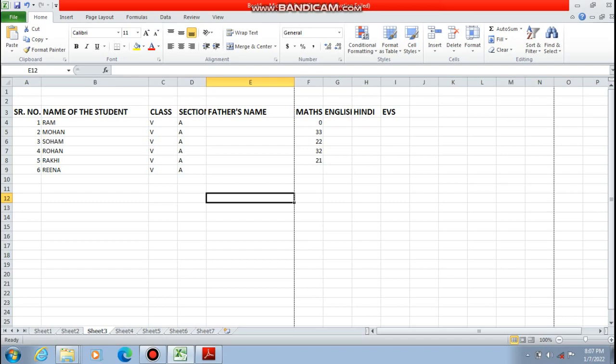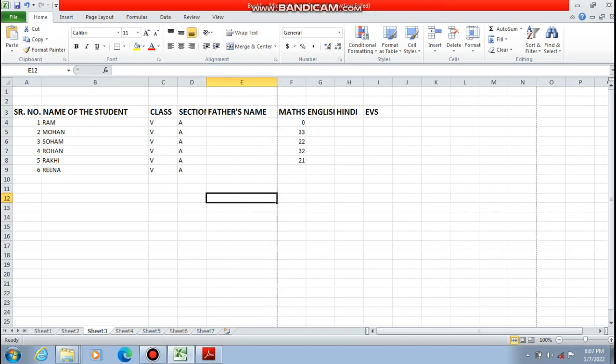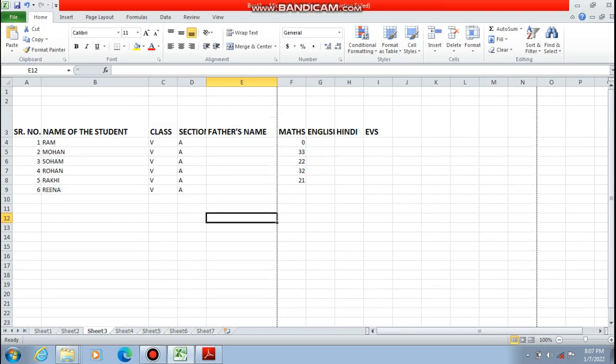हम इसके margins को increase और decrease भी कर सकते हैं. Suppose you want that the space is not enough for writing the name of the students or their father's name or anything else, so you can adjust these cells. आप इस cells को increase and decrease इनके size को ऊपर नीचे भी कर सकते हो. So you can increase or decrease the size of the cell, you can increase and decrease the size of the row. You can make any kind of formatting, any kind of changes according to your need as per your requirement.